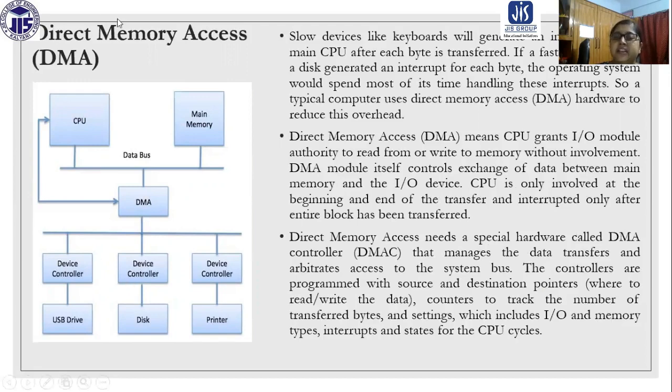But in between, the DMA module is going to control everything. You can see that there is a DMA module which is going to control everything in place of the CPU. So the CPU is not involved here. The memory is directly accessed by these IO device controllers. Okay. So the CPU is not going to be involved in that. And with the help of the data bus and this DMA module, the main memory can be directly accessed by those device controllers.